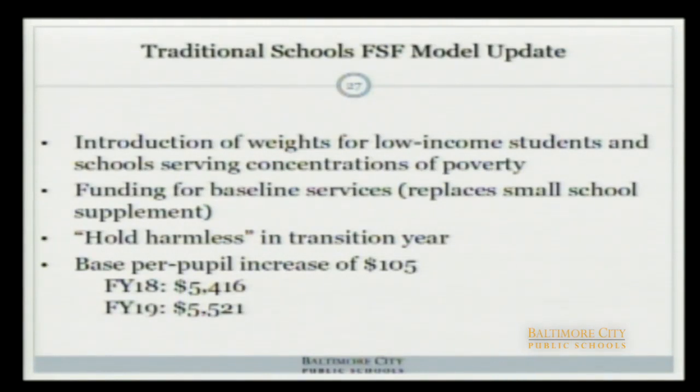In fiscal year 19, this is the first year where we're changing our Fair Student Funding Model, and this is kind of a year where we're using a bit of a hybrid because we've made some changes on how the weights are done. We're trying to direct more dollars towards poverty and concentrated poverty, but when we did some of the allocations, some schools won, some schools lost, and it was decided that in this first year we didn't want any schools to actually lose dollars as a result of the Fair Student Funding Model. So we did put some additional dollars in for those schools that lost money as a result of the model so that they would not lose any money as a result of the model. Some of those schools lost money, but they lost money because of drops in enrollment, not because of the